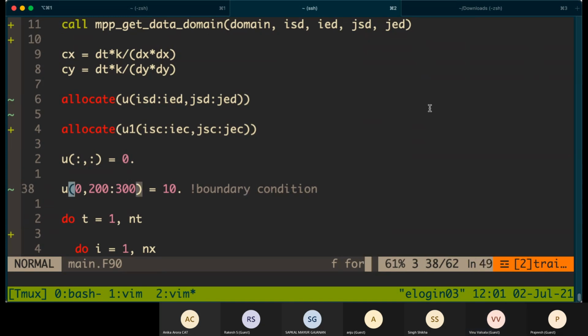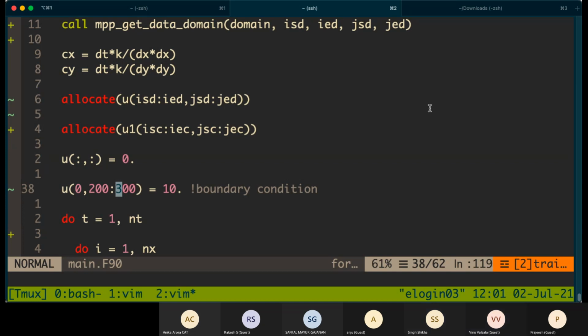U of 0 might not be there in many processors, right? It might be there only in the leftmost processor. And this 200 to 300 won't be there in all the processors.